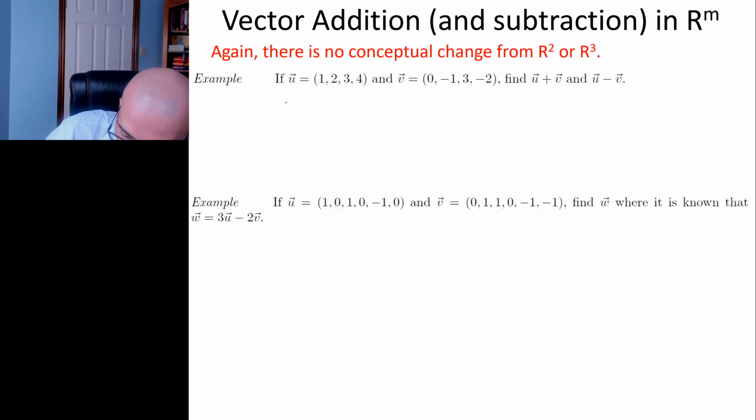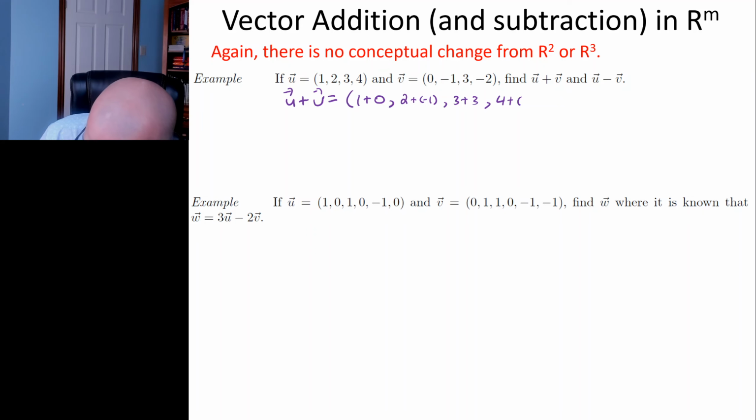So the first, adding them, u plus v is equal to 1 plus 0, comma, 2 plus negative 1, comma, 3 plus 3, comma, 4 plus negative 2, which is 1, comma, 1, comma, 6,